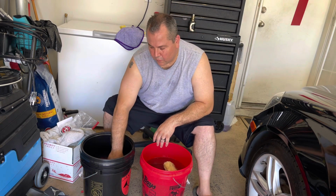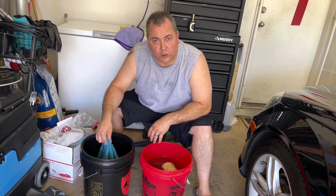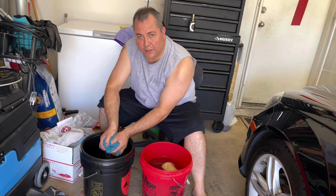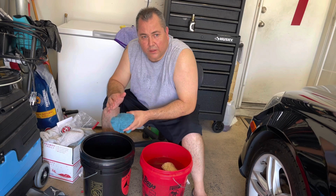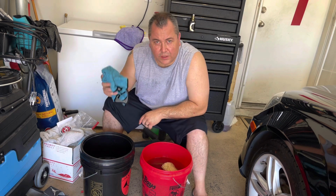And what do you guys think's better? If you use this bucket over here with multiple towels, you're just taking clean and only using clean on the car. Sounds good to me. You can also, if you use the Gloss Shop product, get a clean towel out of the bucket, wring it out, and you can wipe down the interior with it. That's pretty cool. So you can do the outside and the inside with these clean